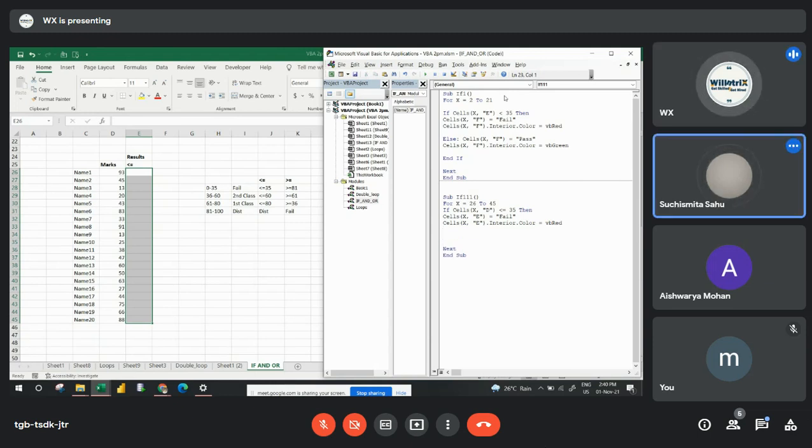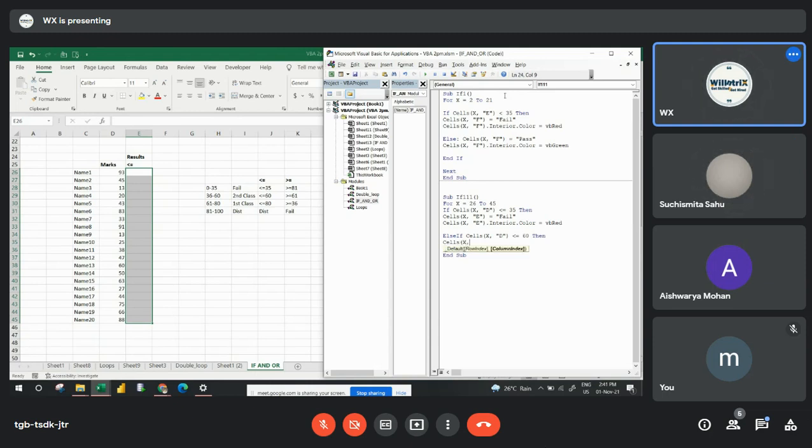Okay. Then next condition, we can't go with the else directly here. So for the middle conditions we have to use else if. Else if cells of x comma d is lesser or equals to 60, then cells of x comma E as second class. If he is a second class, he needs to be highlighted with the yellow color. Then cells of x comma e dot interior dot color equals to VB yellow. Then next again else if,